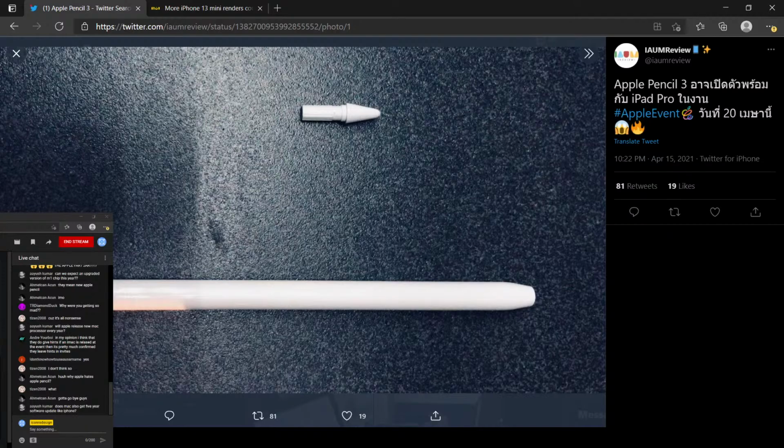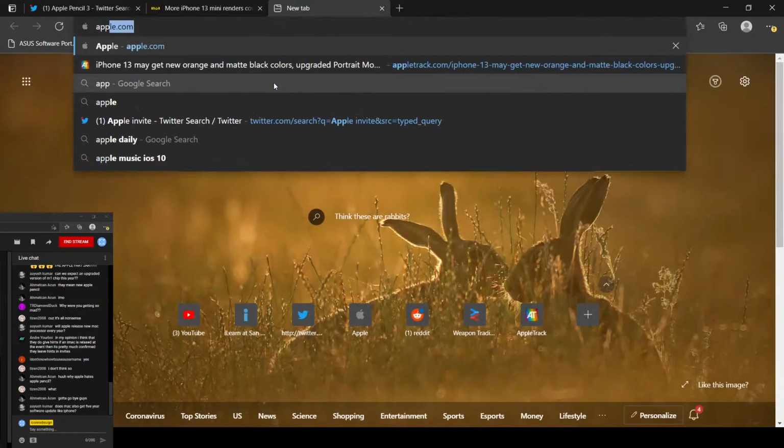If I think that there is some shred of truth to it, I will let you guys know, as always. What do I think about the latest Apple invite? I think it could be a wallpaper. But that's it. So that's my reason why I don't want you guys to believe in BS Apple invite conspiracy theories, because it's not true. There's other rumors to be worked up over. Like this Apple Pencil 3 right here. This is awesome. Look at this new mechanism. If you look at Apple Pencil 2,